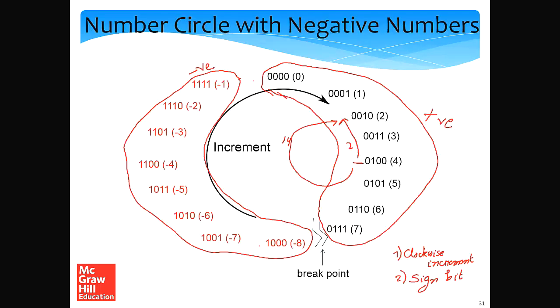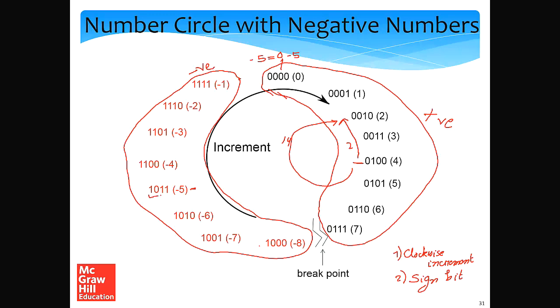So let's start from point 0. Let's assume that I want to represent minus 5. Minus 5 is the same as 0 minus 5, so I should walk 5 steps anticlockwise. So 1, 2, 3, 4 and 5, I reach over here. As I said, the crux of the idea is that walking 5 steps anticlockwise is also walking 11 steps clockwise. So the representation of minus 5 should be the same as walking 11 steps clockwise, which is plus 11.